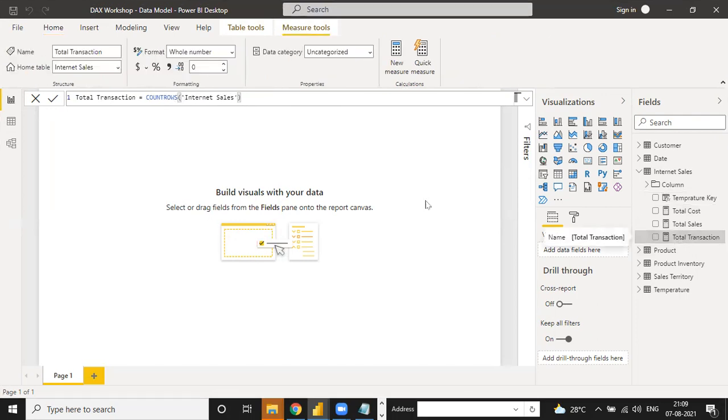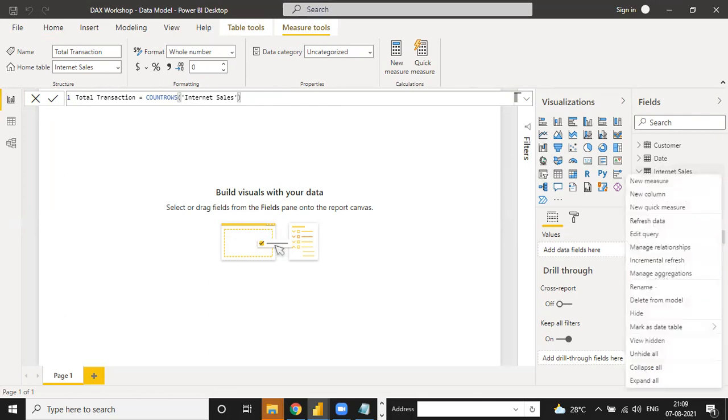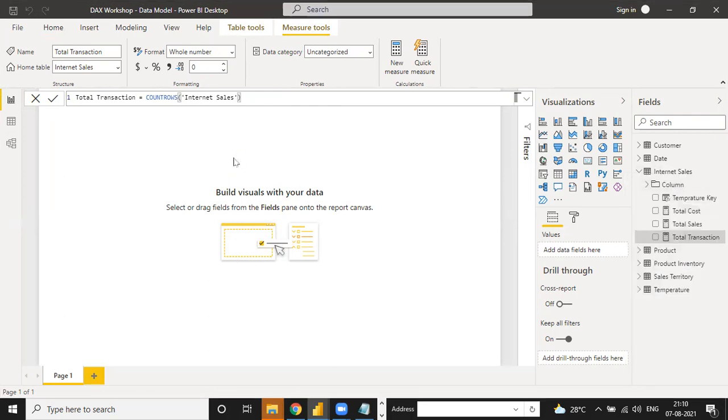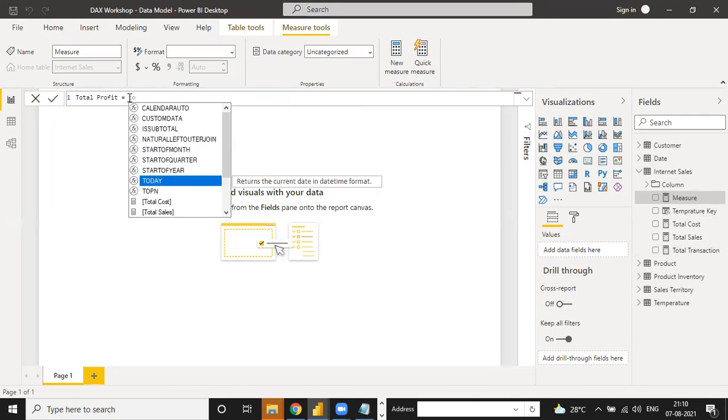Okay. Now the next measure is for total profit. So how do we create the total profit? Total profit is total sales minus total cost. And total sales is a measure.